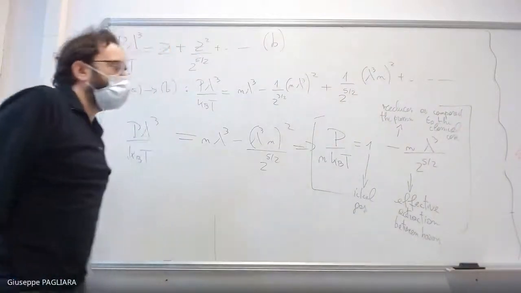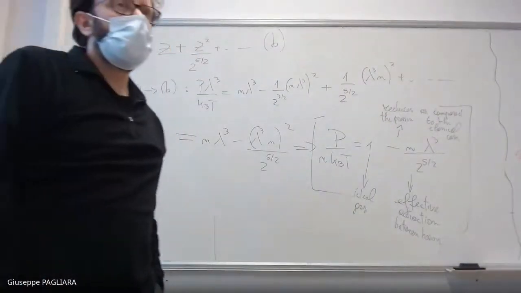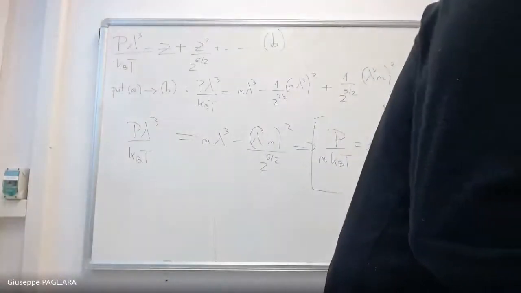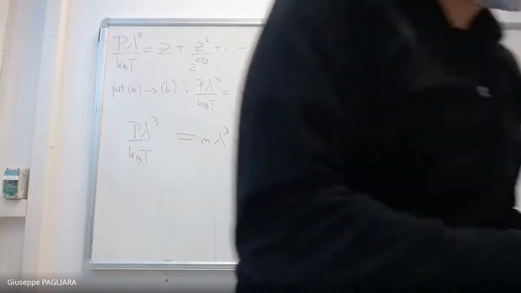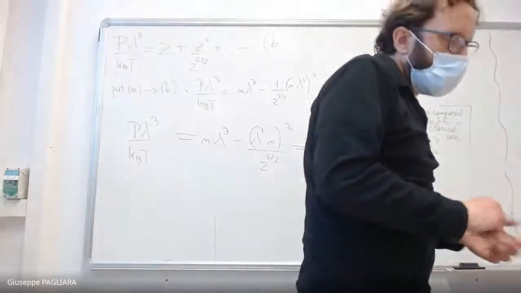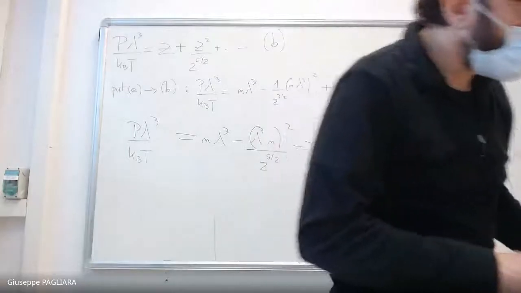Okay. Whereas in the case of fermions, we will see that it's just the opposite. So in the case of fermions, we will get an effective repulsion that comes from the fact that fermions do not like to be in the same place. And therefore, we will have an effective